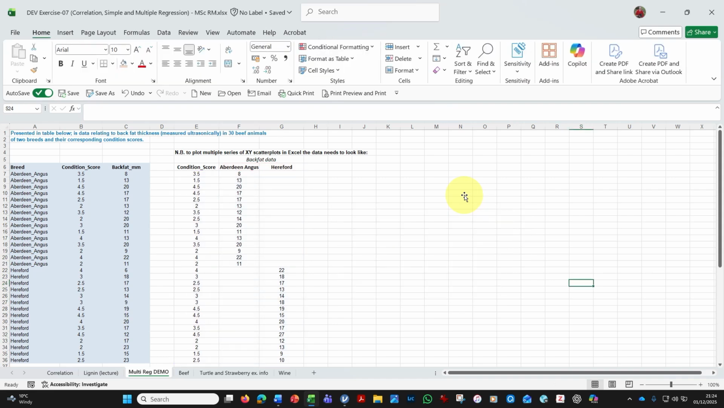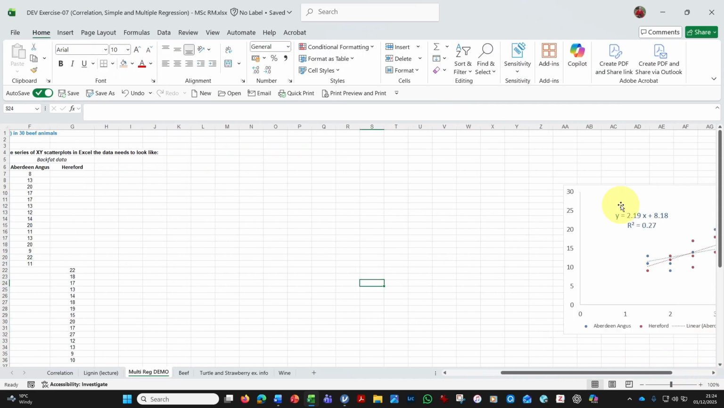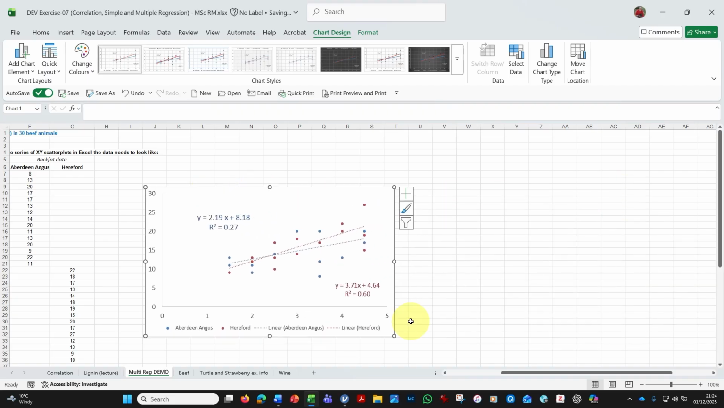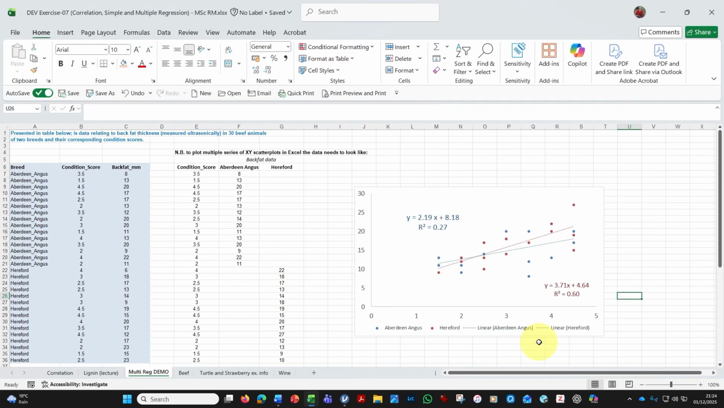So I'm going to delete that because actually secretly over here I've got the graph drawn already. That's the one I want here, and you can see that along the bottom I've got the condition score. I haven't labelled that, and up the side I've got the back fat prediction. Haven't labelled that either, but moving on. Here we've got our 2 lines, and can you see that each line has its own equation? So the red representing the Hereford cows. Here I've got a line with a steeper gradient than the blue Aberdeen Angus line here,